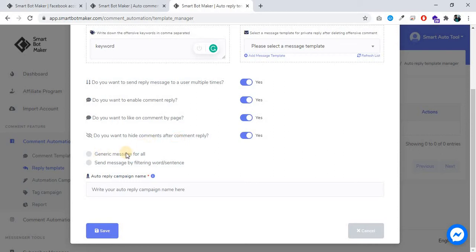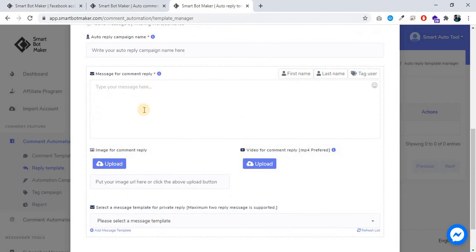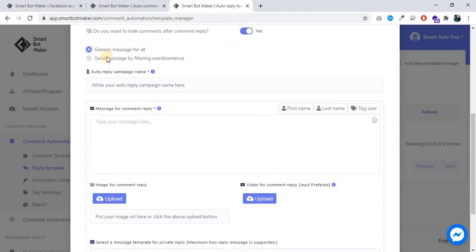Next option is generic message for all. So if any user comments anything, then there is one message for all. And second, send the message by filtering. So you can write the keyword and then the comment reply for that keyword.